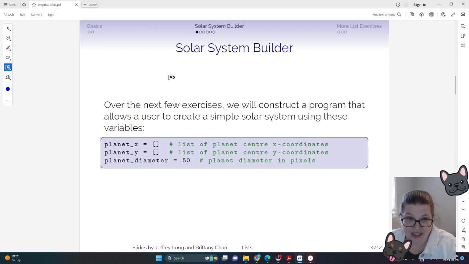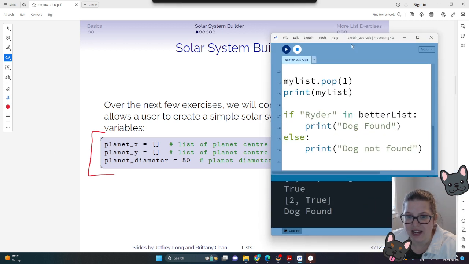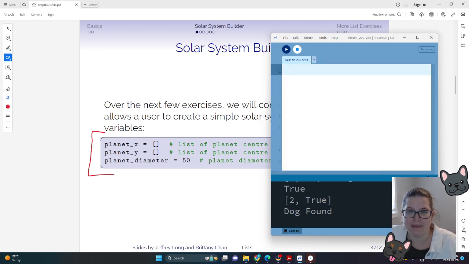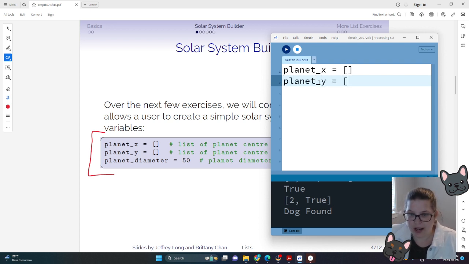The very first, what is this, like 6 exercises we have up here are all about building up a solar system. So we're going to put in these global variables into our processing environment, and then we're going to jump into those exercises together. So if I bring this over again, I'm going to just Control All and delete all my list examples. And then I'm going to just add in these global variables. So we have planet X is equal to an empty list. Planet Y is equal to an empty list. And then planet diameter